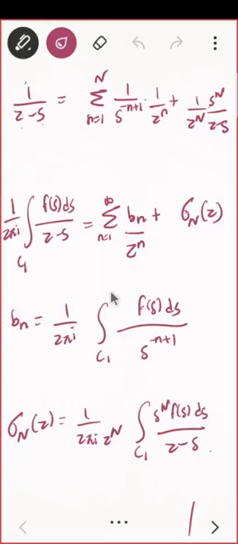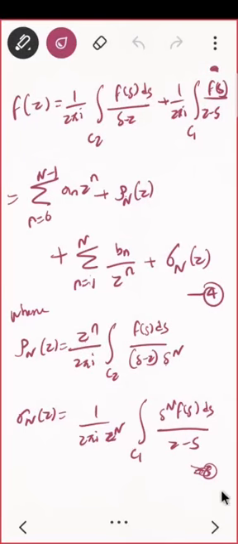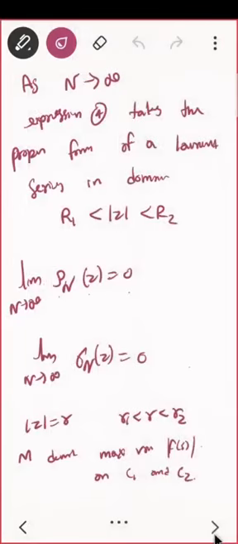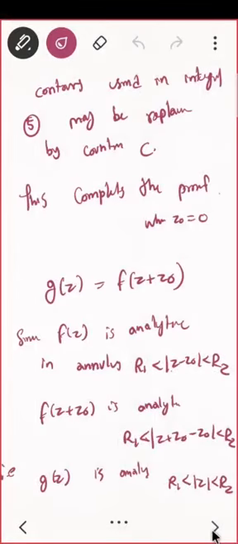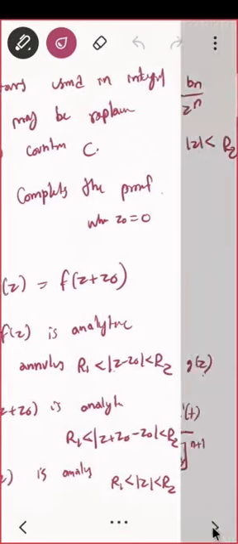1 upon z minus s, multiply, and look at this sigma n and rho n. It is enough to prove sigma n and rho n go to 0. So as we did in Taylor, we will do the same here. I just want to have the estimate for this. If you get the estimate, then that's it. The main part will be the estimate part. This is a b raised to n standard sequence that goes to 0. So this will go to 0 as n goes to infinity. Yes, this completes the proof.